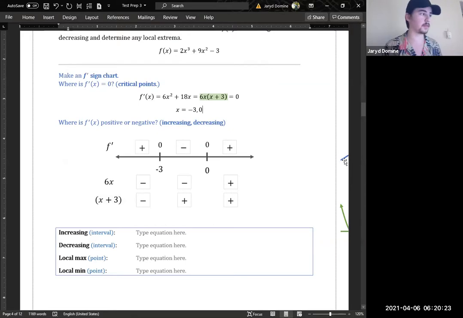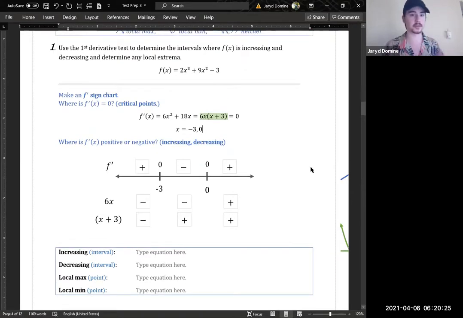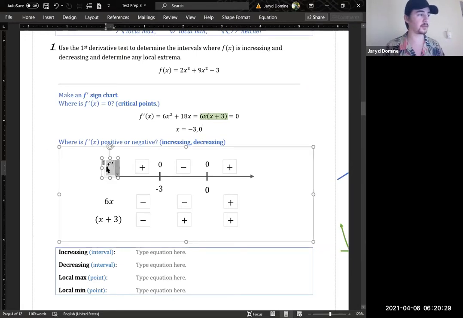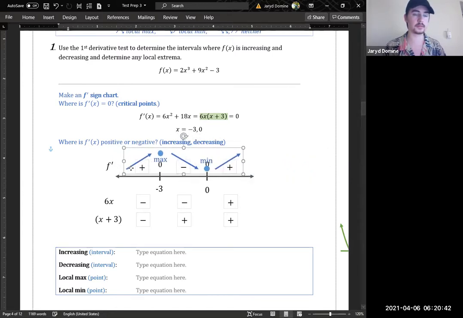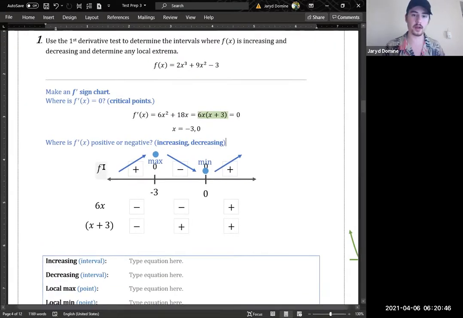First of all, I'm going to draw this so that you see what's happening. This is the first derivative. When it's positive, that means increasing. When it's negative, that means decreasing. And when it's 0, that's a critical point. I'm just going to draw something on here so that you can really see that. What I've done here: when f prime is positive, that's increasing, so I've drawn a line that's going up. When it's decreasing, I've drawn a line going